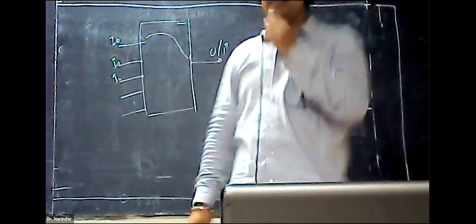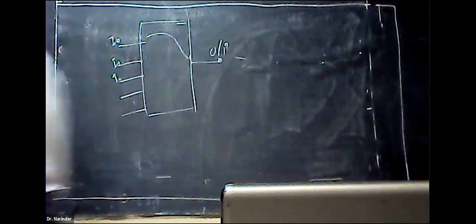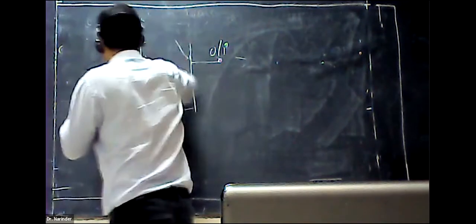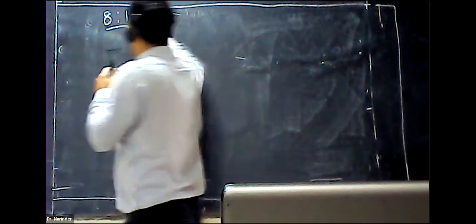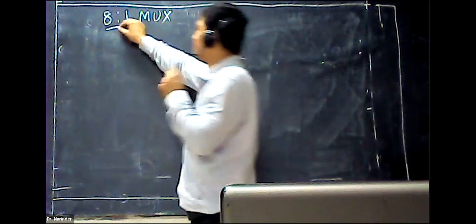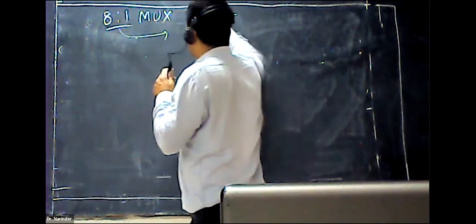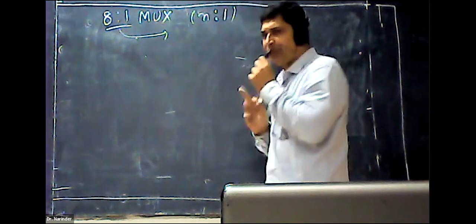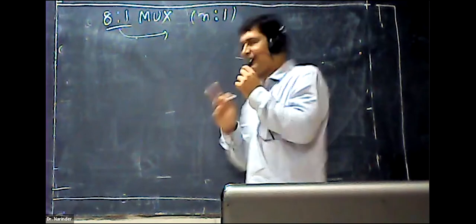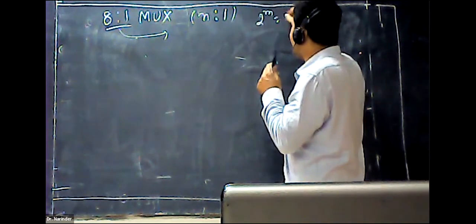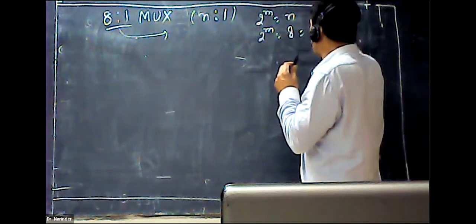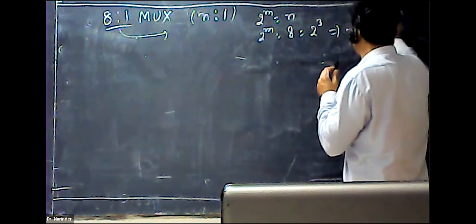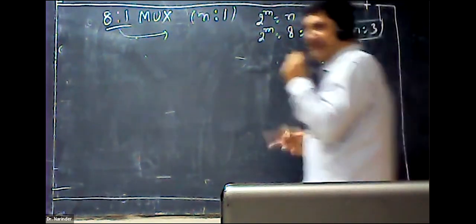So there is a 4:1 multiplexer we have designed. We'll pursue the 8:1 mux. How can we design its circuit? For the 8:1 mux, first of all, you should understand how many select lines are required. Normally, we write n:1. The relation between number of inputs and select lines is 2 raised to power m equals n. So 2 raised to power m equals 8. It can be said as 2 raised to power 3. From here, you will get m equals 3. So number of select lines required are 3.